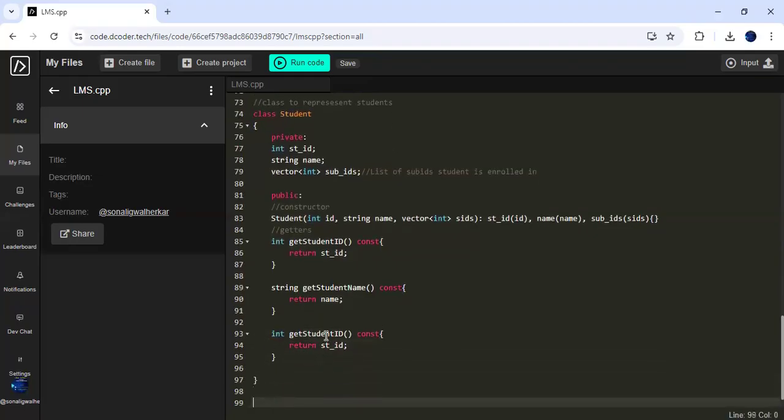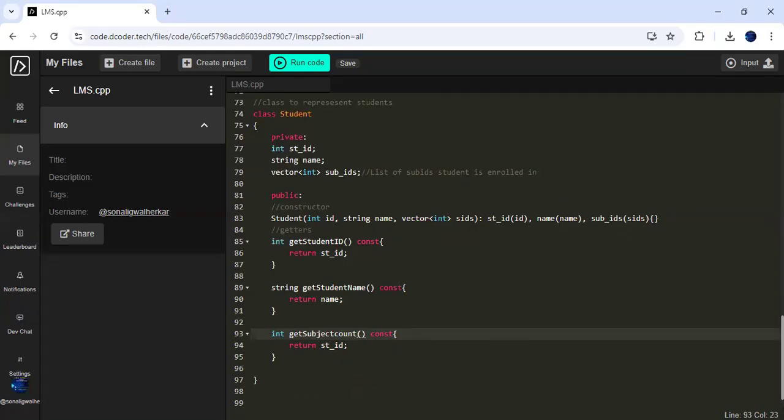This is subject ID. So now we don't want subject ID, we want here subject count. So we'll be having here subject count,